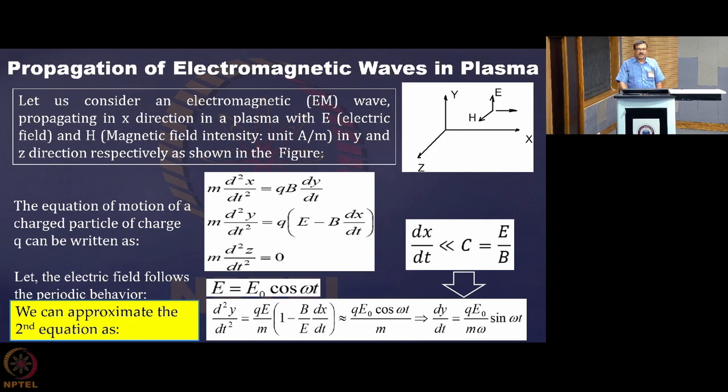So you know how to find the components. You can apply the right hand rule and see which direction v cross B points. In this case, v is dx/dt in the direction of x, and B is in this direction, so v cross B is pointing in the negative y direction. That is why this negative sign has come, and we have used the charge value as q.